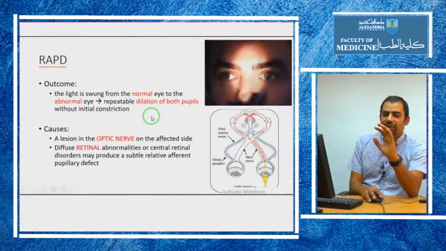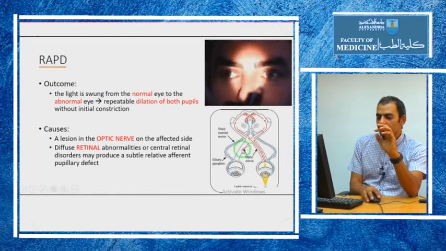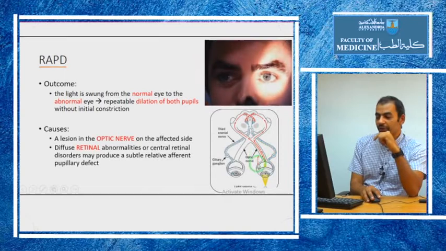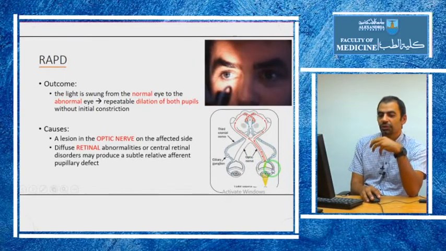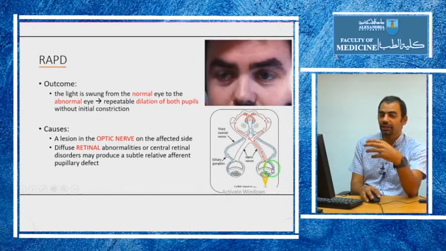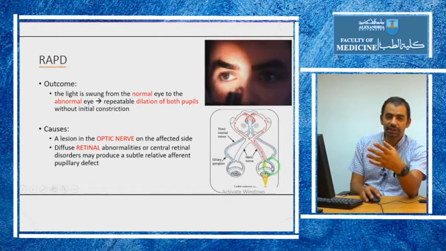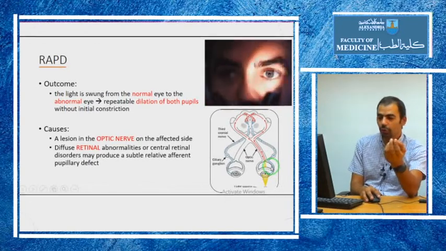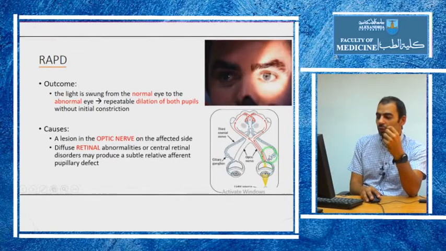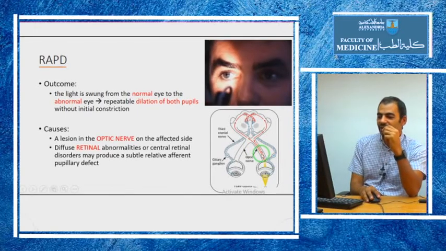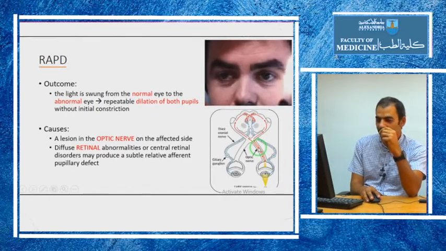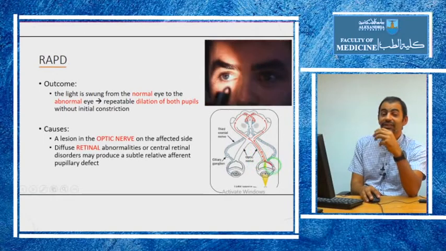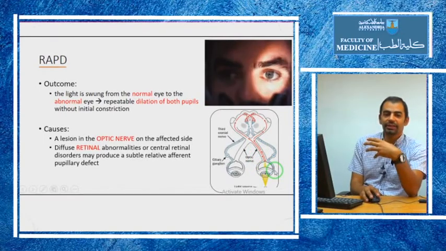RAPD means primarily that there is a problem in the optic nerve. It can happen if there is a severe and generalized retinal abnormality, like for example a large retinal detachment or ischemic retinal vein occlusion. The reason why the RAPD happens even with slight optic nerve disease, but the retinal disease needs to be severe and